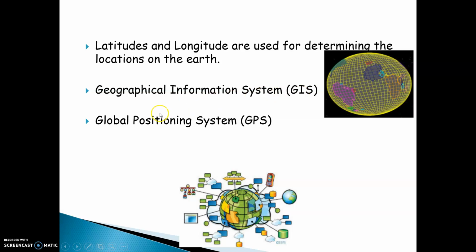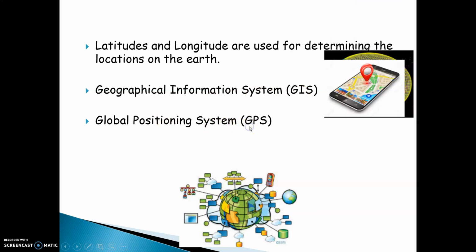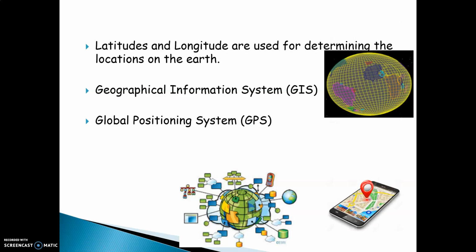And next is Global Positioning System, GPS. I think everybody is familiar with GPS. What is GPS now? For example, you have to go to an unknown place and you don't know how to go there. You don't know the routes or how to get to the place. On mobile, you will see this kind of icon, that is GPS. This helps us to get to a place of which we don't know the exact route. That is called Global Positioning System. It helps to understand the position, the place where it is, and that is called GPS.